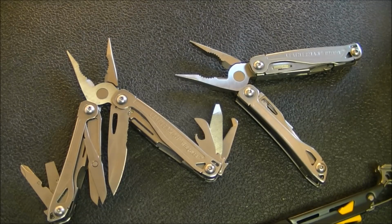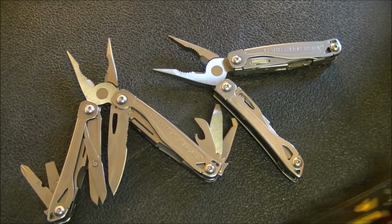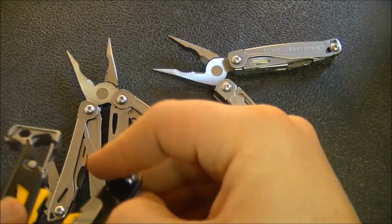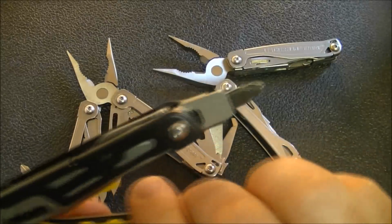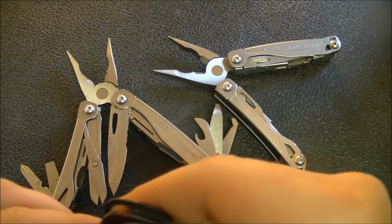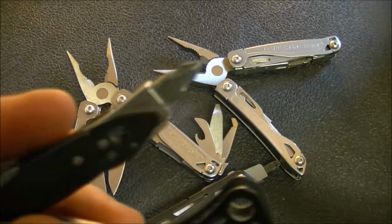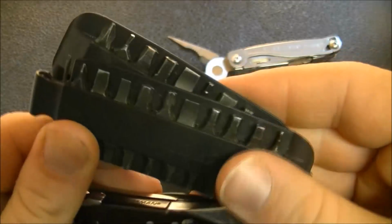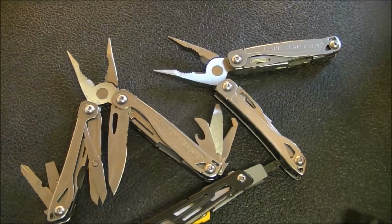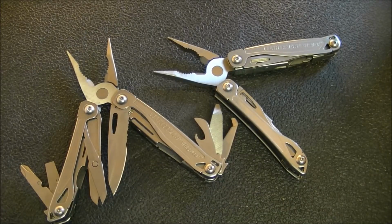There was one thing I wanted to say about these that they don't have, and I kind of wish they did, and that is this guy right here. Okay, this changeable bit piece here is really, really handy. I have the same thing on the Skeletool, and if you combine one of these little bits here with the Leatherman multi-packs, you now have tons and tons of bits that you can use for your multi-tool, and I, for one, really, really like that. Now,